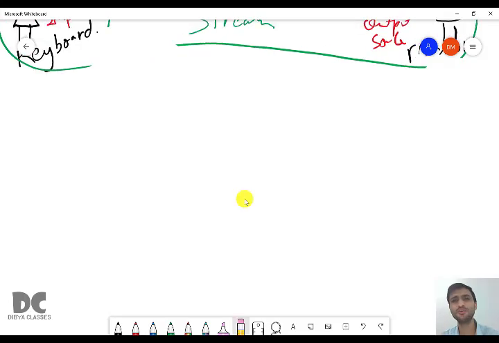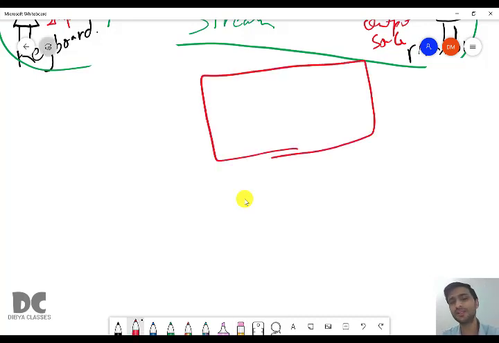But you must have heard about the word buffer or buffering, especially in YouTube, right? When you play the YouTube video and sometimes the net gets disconnected or your net is slow, it will start this white color round and round and round, and this is called buffering. You already know. So what happens actually?